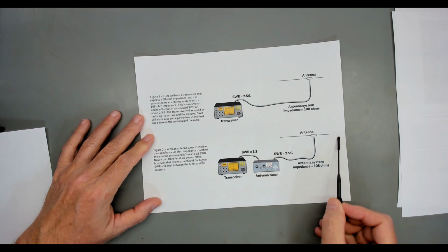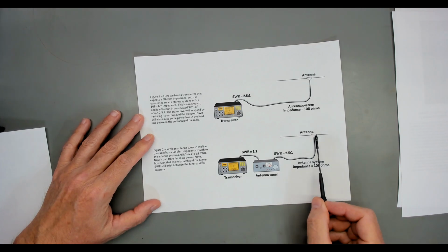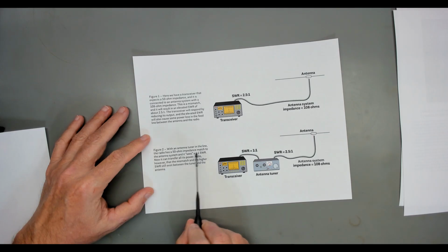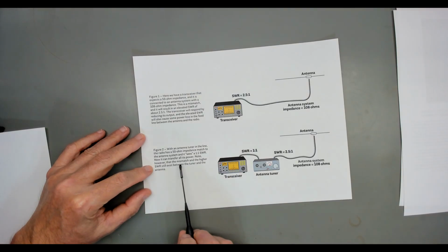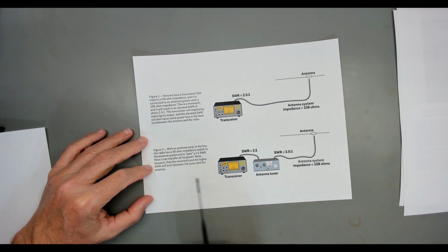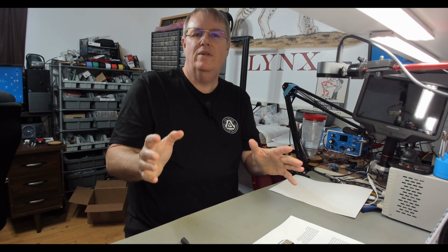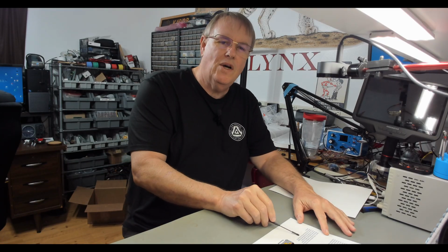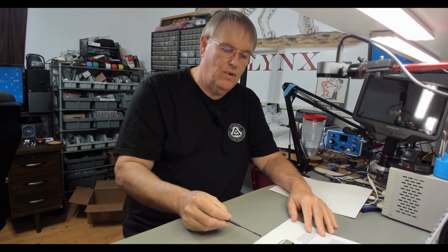They're considering this to be your antenna system. So now it has a match of 50 ohms to your antenna system. It did not make this antenna resonate. You still have SWR, you still have losses. The radio has 50 ohm impedance matched to the antenna system, and it sees a 1-to-1 SWR. Now it can transfer all its power. Note, however, that the mismatch in the higher SWR still exists between the tuner and the antenna. So ARRL does not believe that it tunes your antenna and makes your antenna resonant and effective. It doesn't. They don't believe that. This document clearly shows that. It's how people read comments about this, where they say things like it made a 50 ohm match to your antenna system, and you're thinking, well, my antenna system's now...